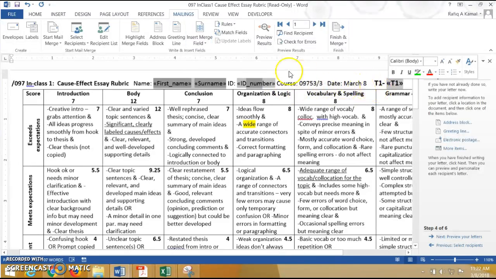So it comes out looking like this. I have the first name, surname, ID number, and the course and the date are already there because I never change those. And I put T1. That's the teacher one. That's going to be me. So after that looks good and you have everything in the right place,